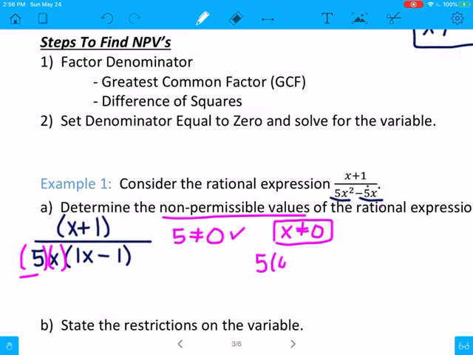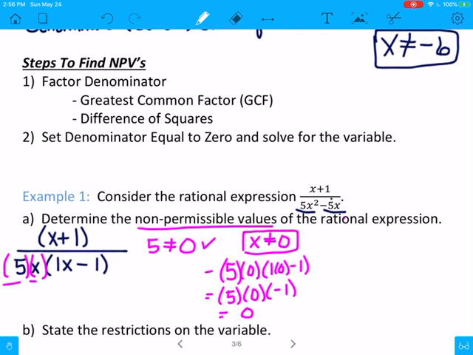So I'm going to go 5 times 0, bracket 1 times 0 minus 1. So I get 5 times 0 times negative 1. 5 times 0 times negative 1 is 0. So I'm right. My denominator would be 0 if I plugged in a 0. And that's why you take each of these brackets separately, because if you can make any of these brackets be 0, you'll make your denominator be 0. So my one non-permissible value is x cannot equal 0, and then I need to take my last bracket and